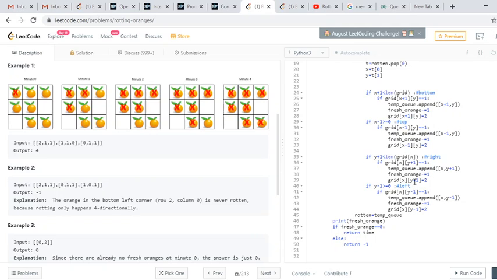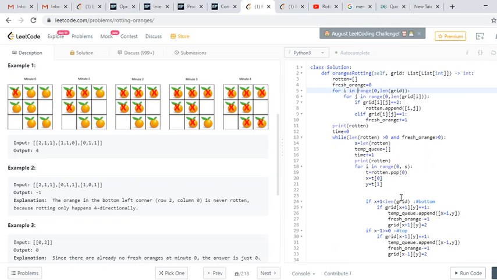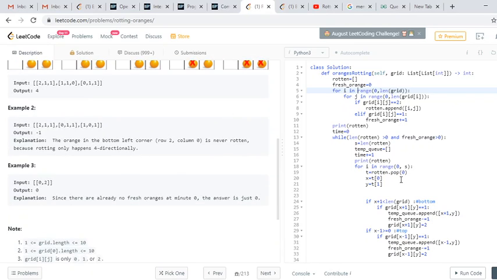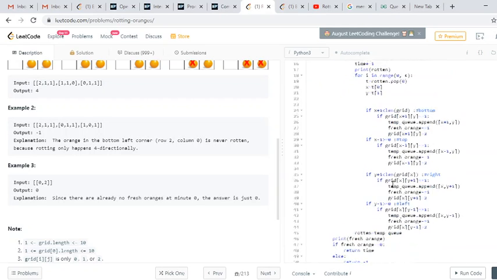So in that case I will simply return -1. So this is a simple BFS technique, just traversing the grid and calculating the rotten apple, sorry, orange.